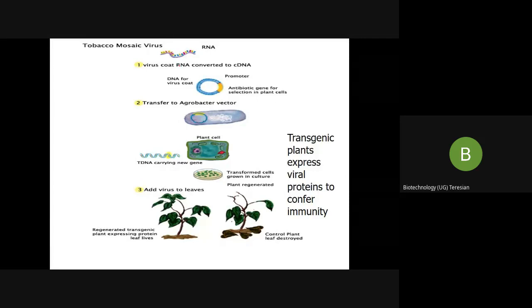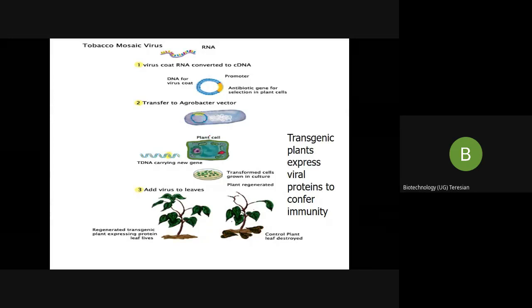So what the scientists have done is they've taken the gene from TMV and then they have integrated it into the agrobacteria and then they have inserted it into the plant cells. What are these plant cells? These plant cells are your tobacco. It can be a leaf or whatever. Okay, from the tobacco plant, the leaves. So now what happens? This agrobacterium has got integrated into your tobacco plant. Now what is the gene it is carrying? It is carrying the DNA for the virus coat protein.